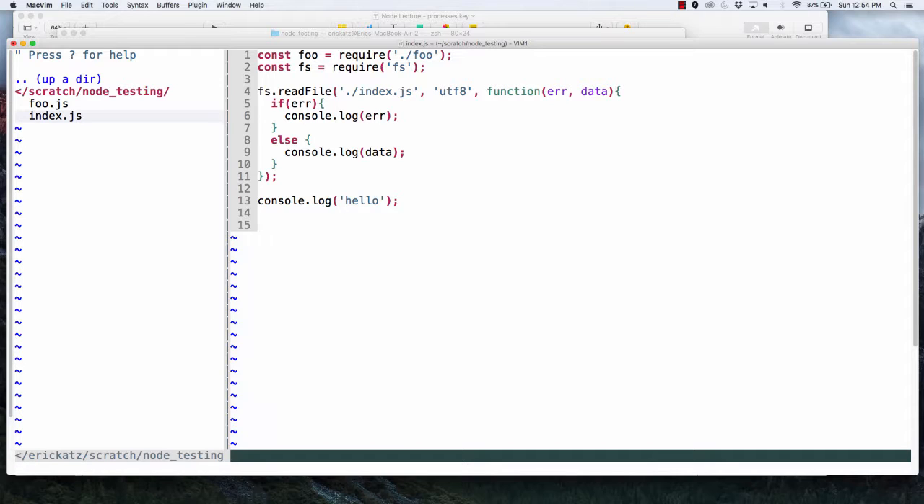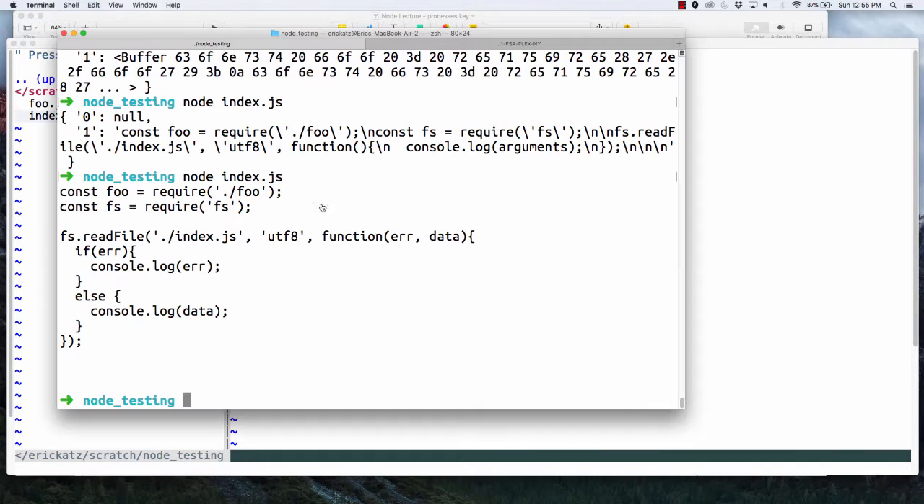what's going to get called first? Hello or looking at the data? Well, what's going to get called first? The console.log here or the console.log here? Hello, right? Because this is